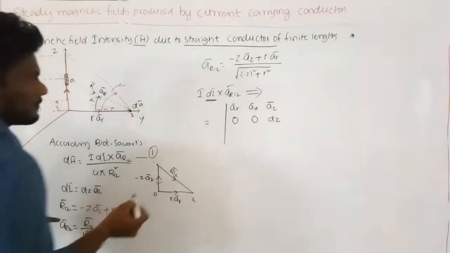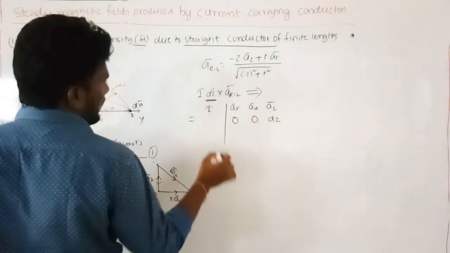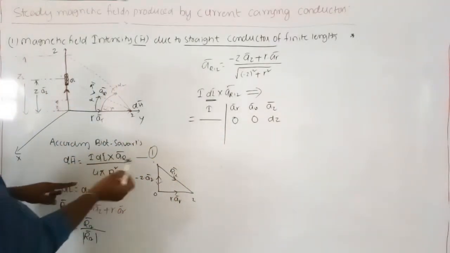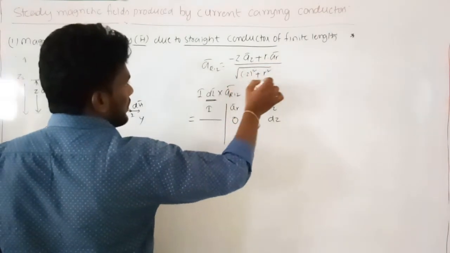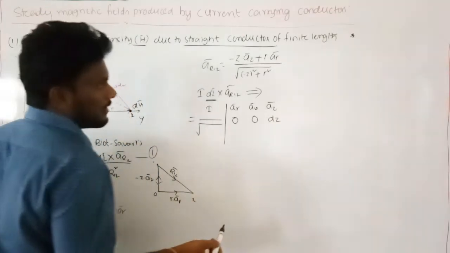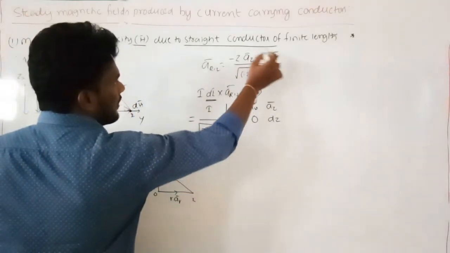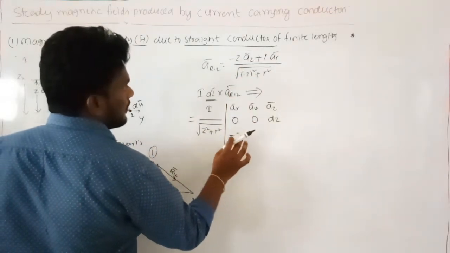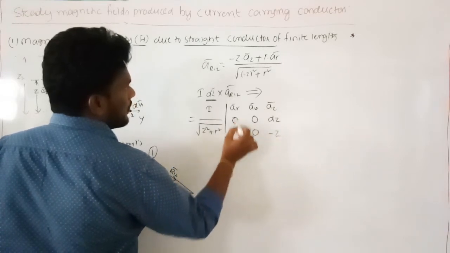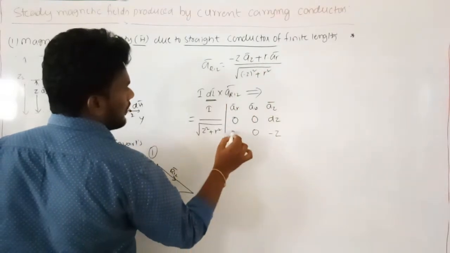In the third row is ar12 bar. As there is a constant here, that is I, so I times r. And in this ar12 bar, I have a denominator term. I am writing the denominator separately to make the simplification easy. So that is under root of z square plus r square. And what are the constants here? It is minus z, which is in the direction of the z axis, and it is 0. There is no phi component in the numerator term and there is a component in the r direction.